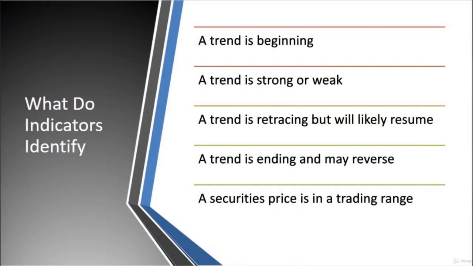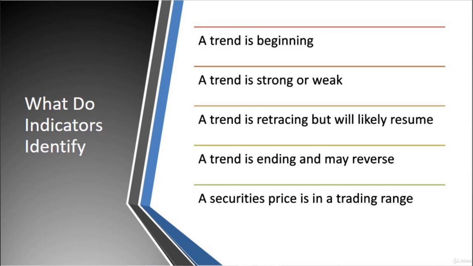Another way to look at this is, what do indicators specifically try to identify? They're going to try to identify: is a new trend beginning? How strong or weak is that trend? Is it going to be weak, or is it going to be really strong and we want to get in that trend, whichever way it's going, up or down? Is the trend retracing, a temporary pullback that is likely to resume, for example? Is a trend ending and may it change or reverse or go the opposite